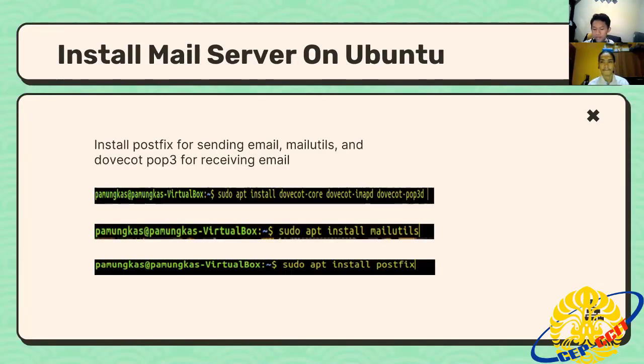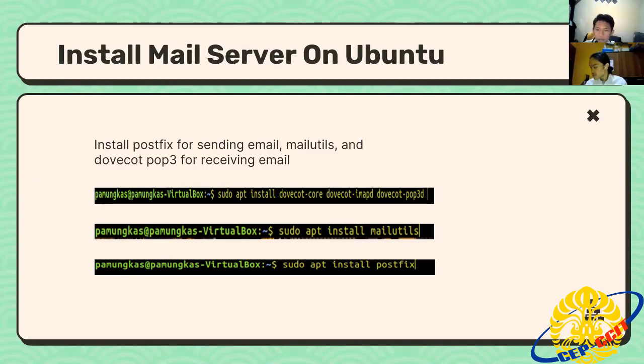And now is the mail server. The mail server has two common parts. There is the outgoing server, whose function is to send mail using the SMTP protocol, which uses port 25, and second is the incoming server to receive the mail, and there are two protocols, POP3 and IMAP.